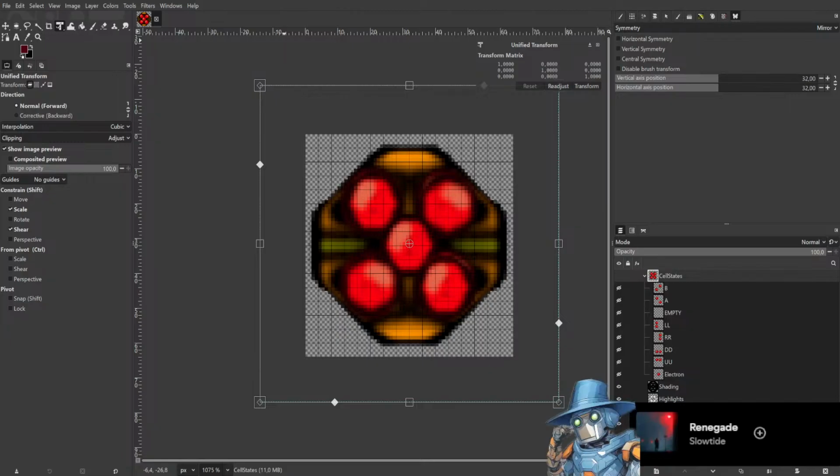Complicated. Layer size, layer size. Cannot resize. So export as